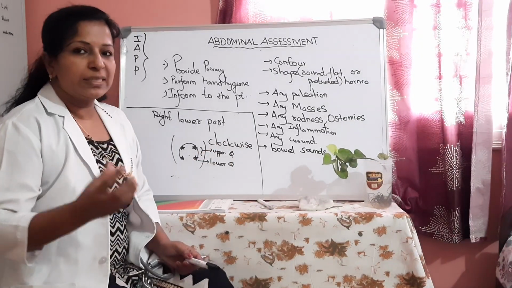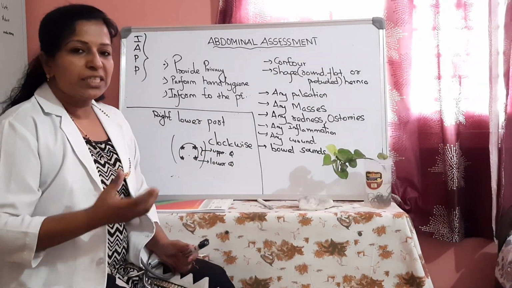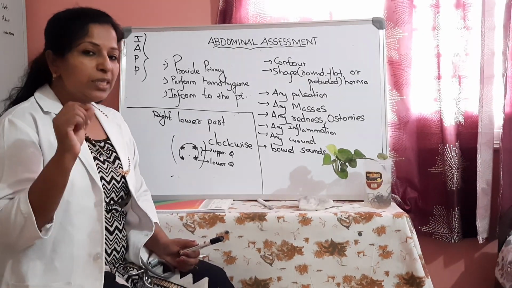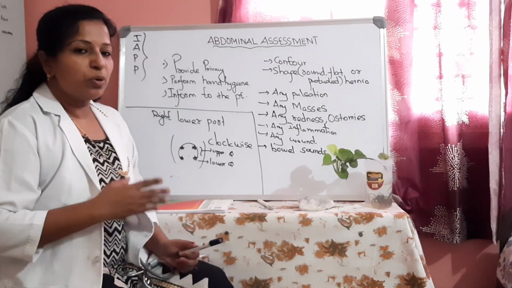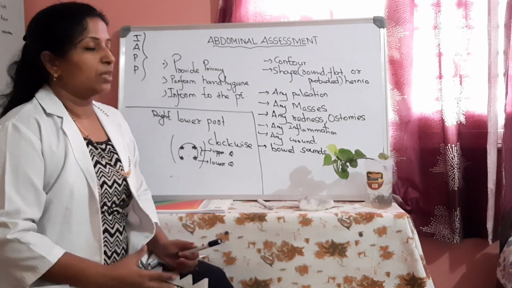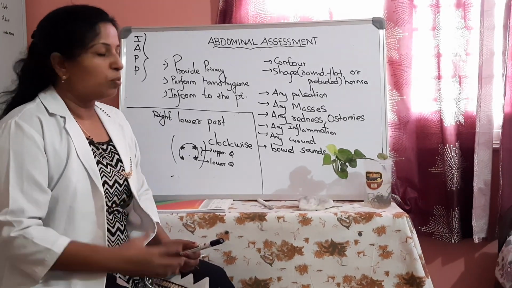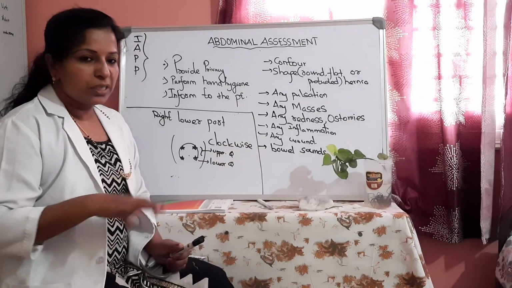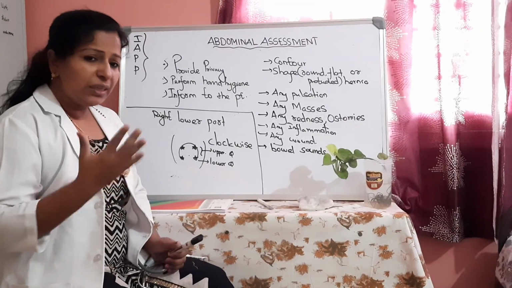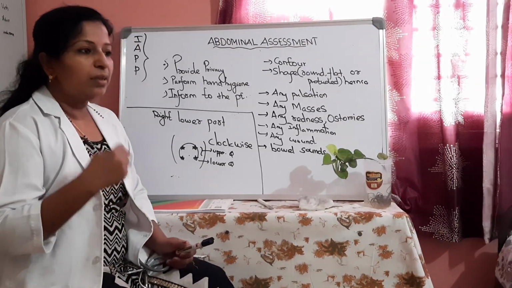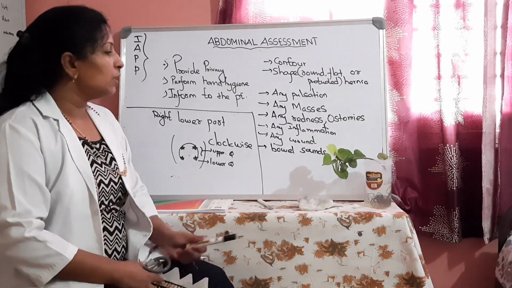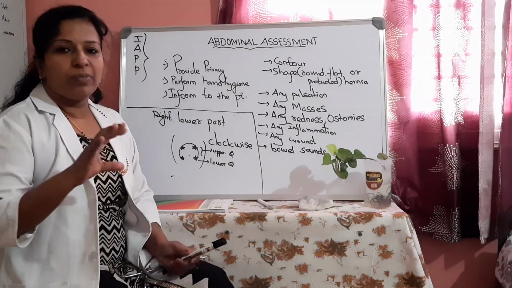In case of any skin lesions or redness, or if the patient has a colostomy bag, meaning an ostomy procedure has been done, the stoma will be present. An important thing is you should take care of the colostomy along with the assessment. So note any ostomies or stoma which is present, any inflammation over the skin area, any swelling, or any wound in the abdominal region, any oozing of blood or pus from the umbilicus area. And the next one is bowel sounds.